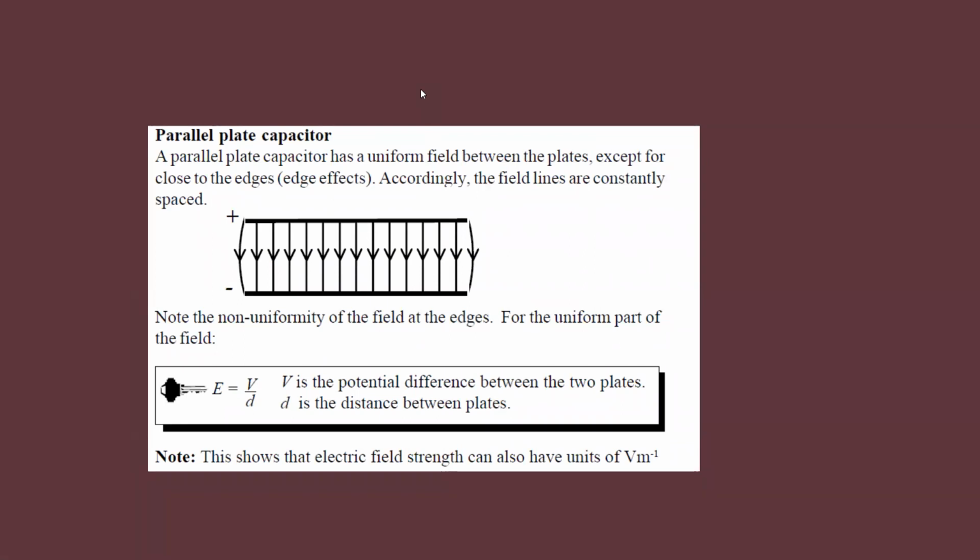So for example, if we have two parallel plates and we want to find the strength of the electric field. Between the two parallel plates, you can see here the distance between the field lines is the same. So it means the electric field strength is constant. How the electric field strength is constant, you can simply understand from